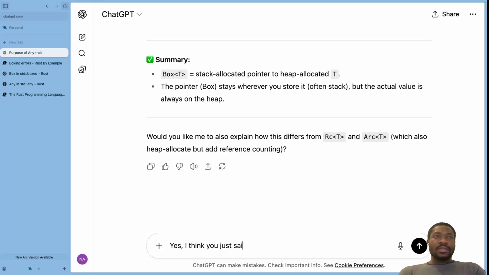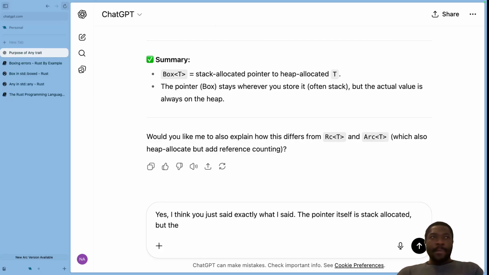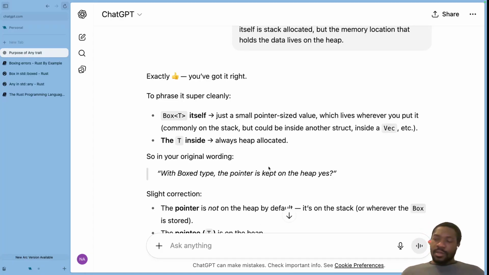I think you just said exactly what I said. The pointer itself is stack allocated, but the memory location that holds the data lives on the heap. Exactly. That's what I said before. Yeah, that's what I said. Okay,